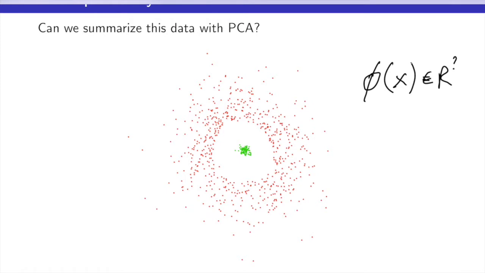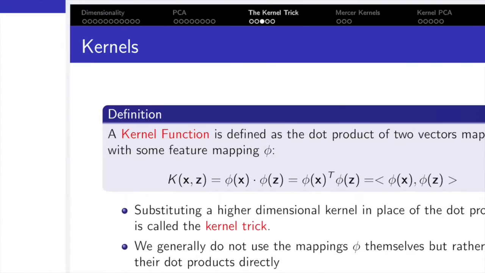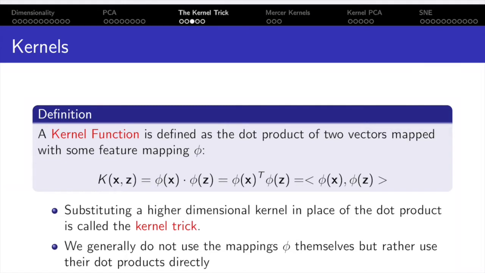It turns out that you don't actually have to do this mapping for every point. All you need is the relationship between the points. So we define what's called a kernel function. What the kernel function does is, and generally it's called k, it takes two vectors, let's say x and z. These could be, for example, two-dimensional vectors. x might be something like 2, 3, and z might be something like 1, 5. And k is defined as the dot product of the mappings of these two vectors to the space you want, or rather, if you're thinking in terms of matrices, the transpose of the first mapped vector times the